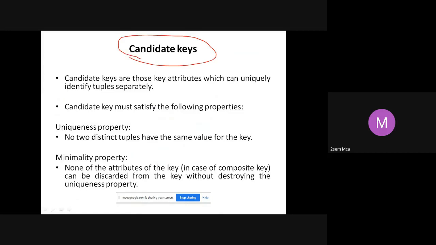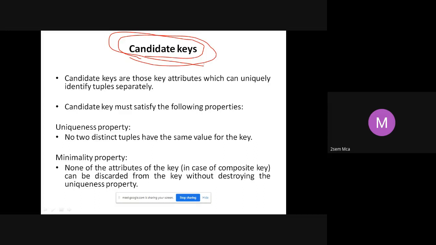Next we come to what is called a candidate key. Candidate keys are what? I told you an example. We considered a couple of examples. That is, in a particular table, if I have more than one attribute which can act as a primary key, I just don't have one attribute which will act as primary key. I have more than one attribute which can act as a primary key. Then all such attributes I will call candidate keys.